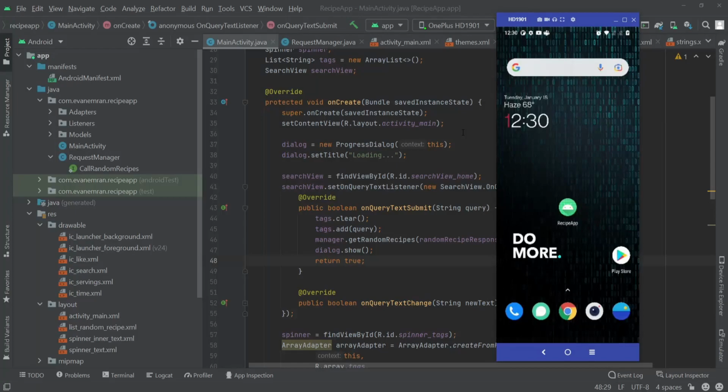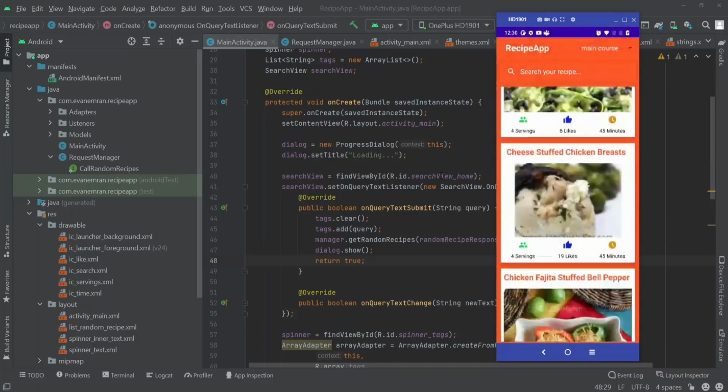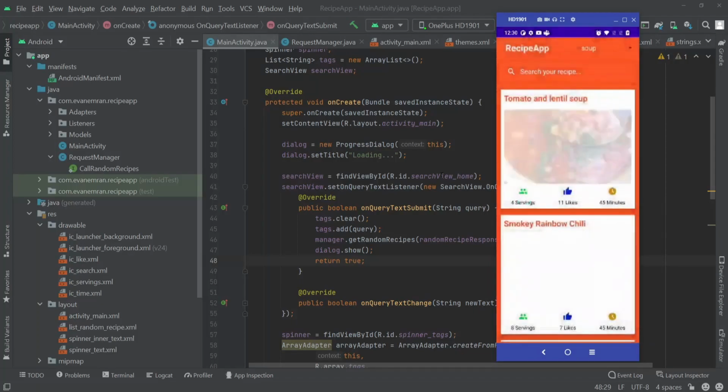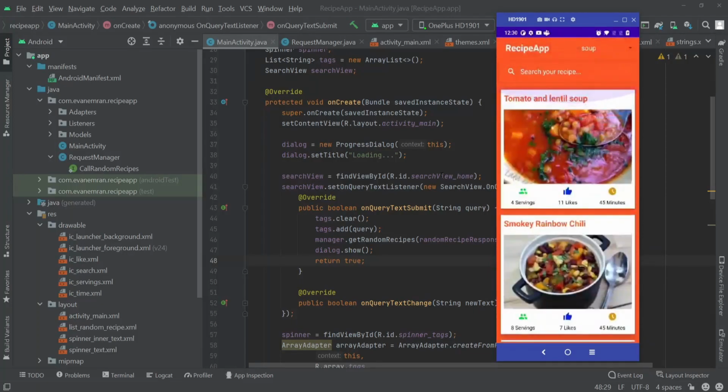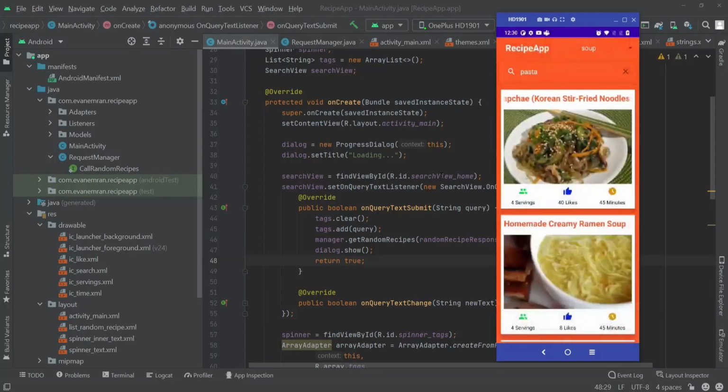So in the previous video we made our app till this point. If I open the app, it will load some random recipes. We implemented this spinner item where we can select any of the categories and that will load recipes in that category. We can also search for specific items, like if I search for pasta, then it will load us some